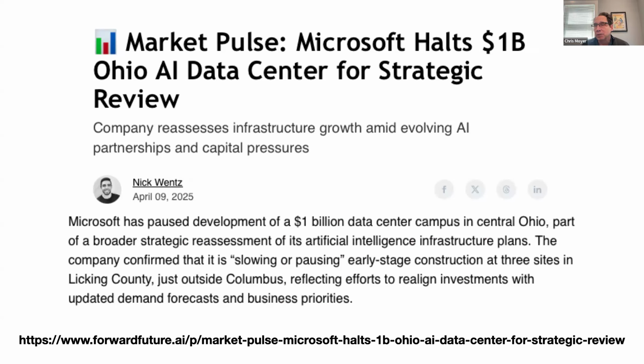So they had a $1 billion data center campus. I think it was going to be comprised of 3 or 4 data centers in central Ohio near Columbus. And the president of Microsoft's cloud operations, Noel Walsh, described the current expansion as the largest and most ambitious infrastructure scaling project in the company's history.